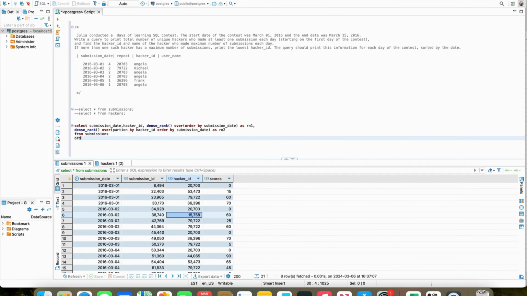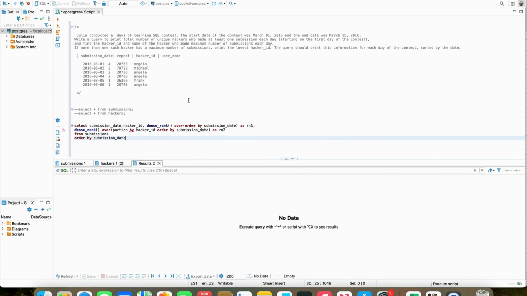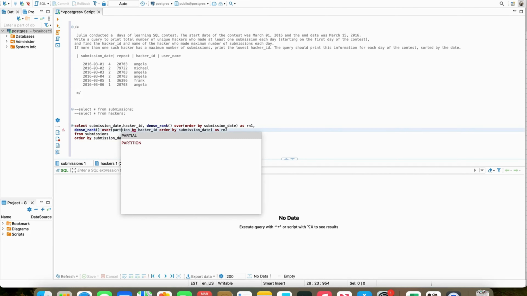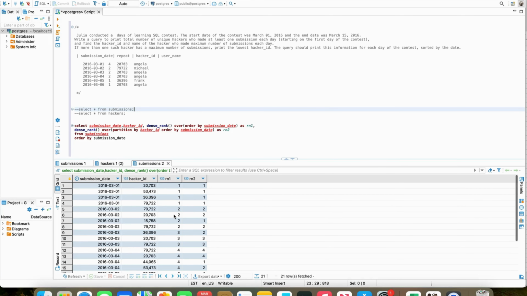Let's do an order by submission date, and a partition by. So if we see on March 1st, we have rn1 and rn2, which will be equal. And if we just do a group by on the submission date, where rn1 is equal to rn2, then we'll get the count for the